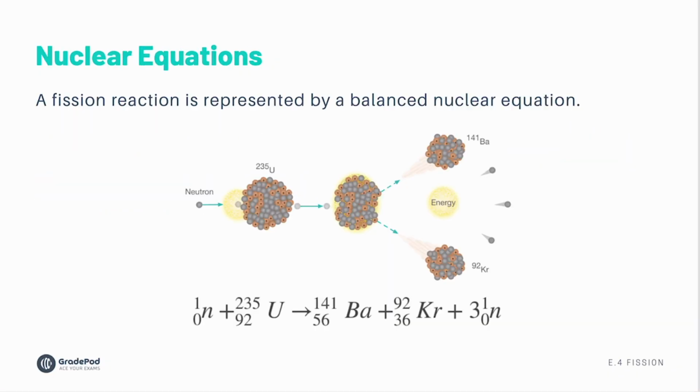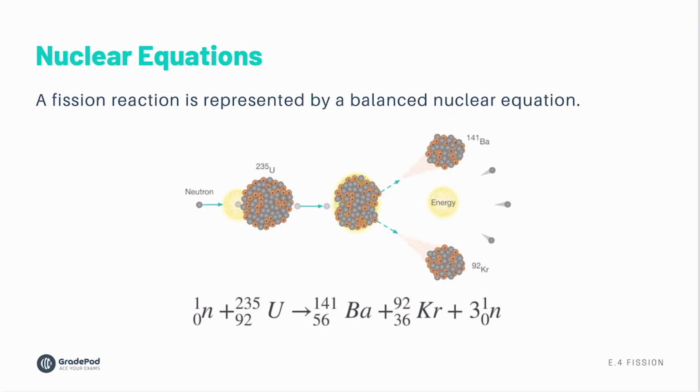I've hinted at nuclear equations once or twice. A fission reaction is represented by a balanced nuclear equation. You may have seen this if you've done chemistry before. I highly recommend you get on board with nuclear equations because they tend to be easy marks in paper 2